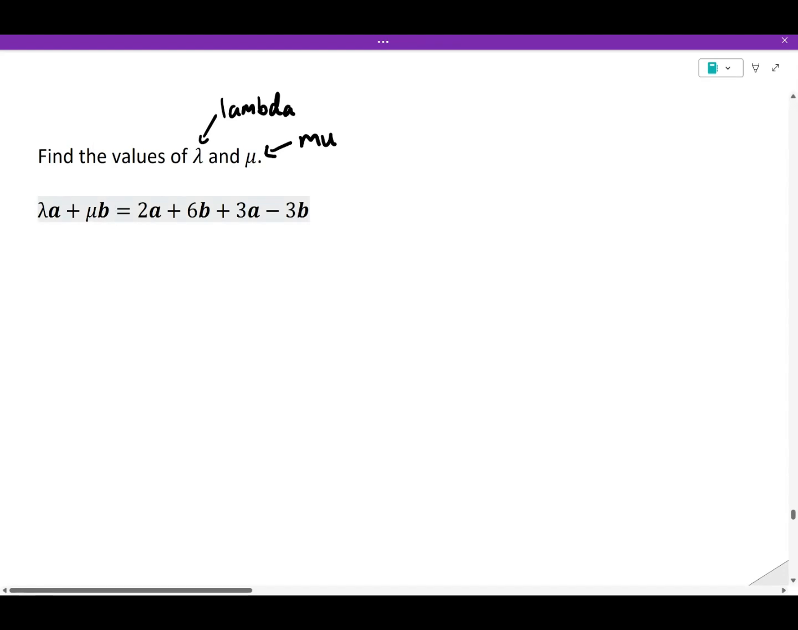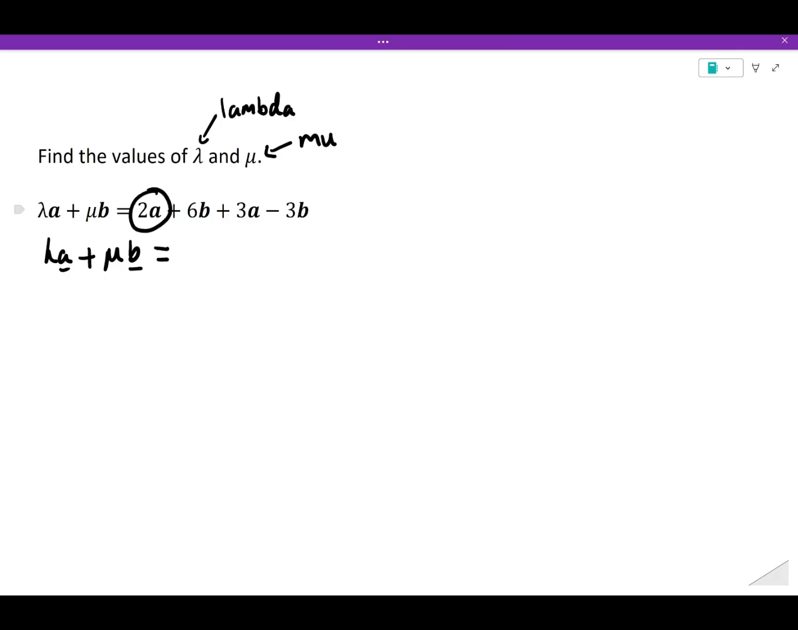On the left-hand side, the A only appears once and the B only appears once. I want that to be the case on the right-hand side as well. So what I'm going to do is rewrite that right-hand side, and to do that, I'm going to simplify. So I'd still have lambda A on this side, plus mu times B, and their vectors, and that's equal to,